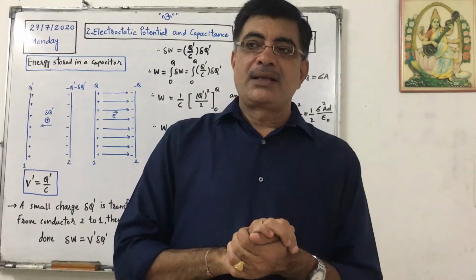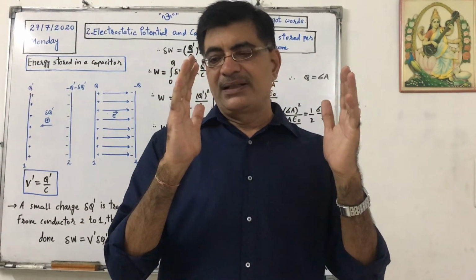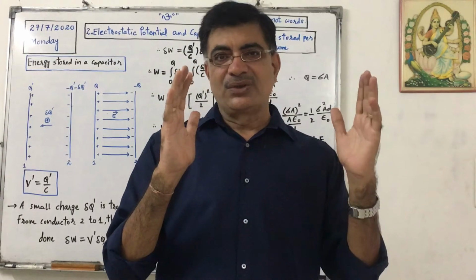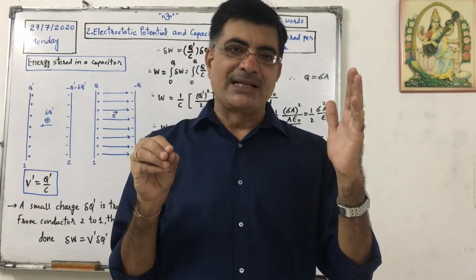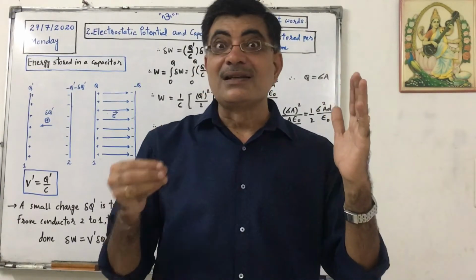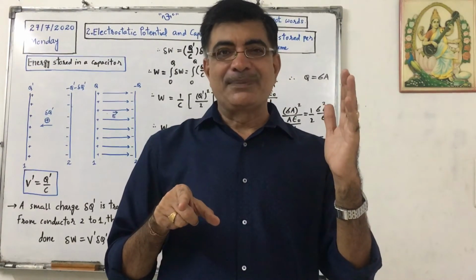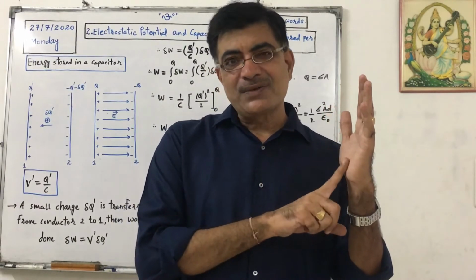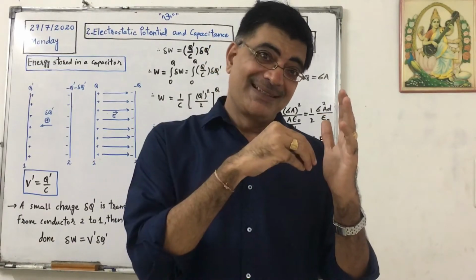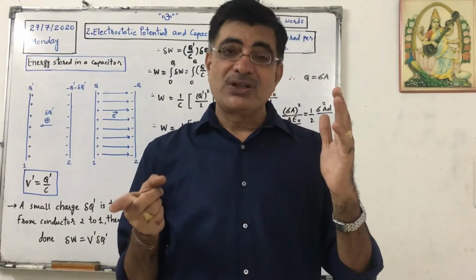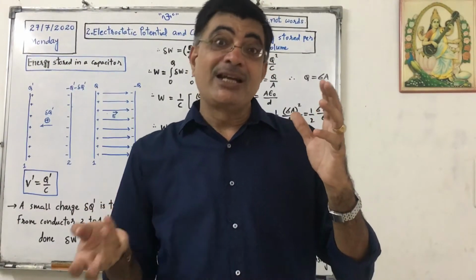Now see, there are two plates. If I send some positive charge here, initially as there is no charge here, the first positive charge I will be able to send easily. But for the next positive charge, what will happen? The already reached positive charge will oppose, so I will have to put some more efforts. Then for the third charge, both the earlier two charges will oppose, so I will have to again add more